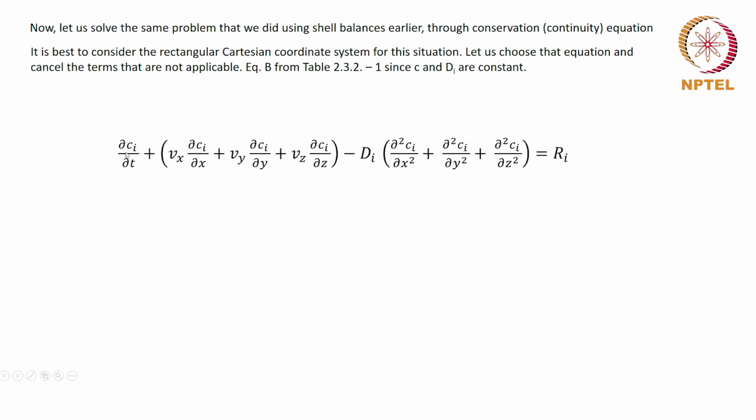Okay. So this is the equation here, dou Ci dou T, and this is the velocity times the concentration gradient, and this is the second order term here and the reaction rate term here. Now you see how easy it becomes. It is steady state and therefore the time derivatives are set to 0. There is no convective or stirring bulk motion, and only in the case of bulk motion will these velocities come into being. Therefore, we can cancel this.